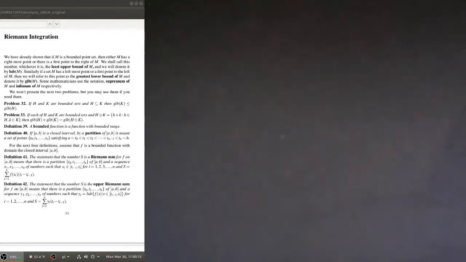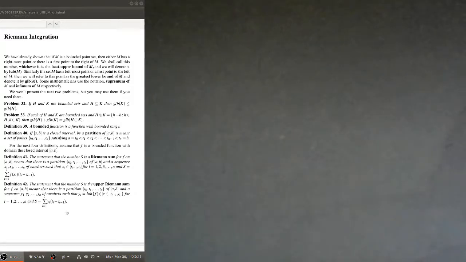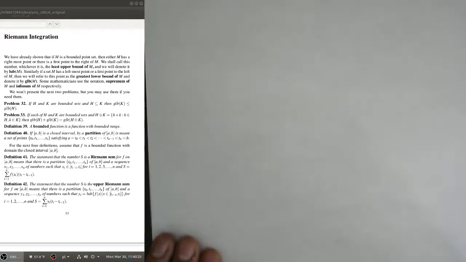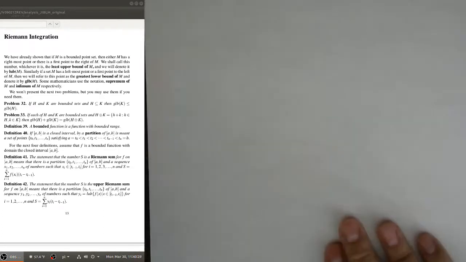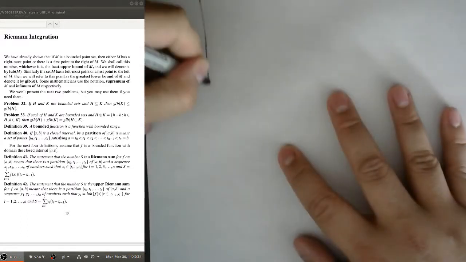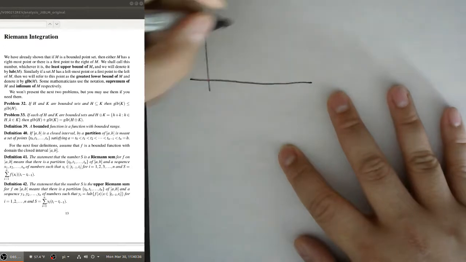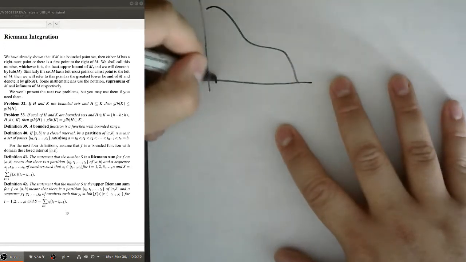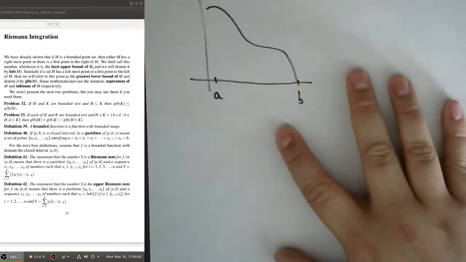So I want to go through and now talk about the definition of these Riemann sums. This is very similar to what you did in Calc 1. Okay, so let me remind you what you did in Calc 1. Likely, your mileage may vary exactly who you had, but generally speaking, in Calc 1, you think about a function, and then you start at an a, you go to a b,